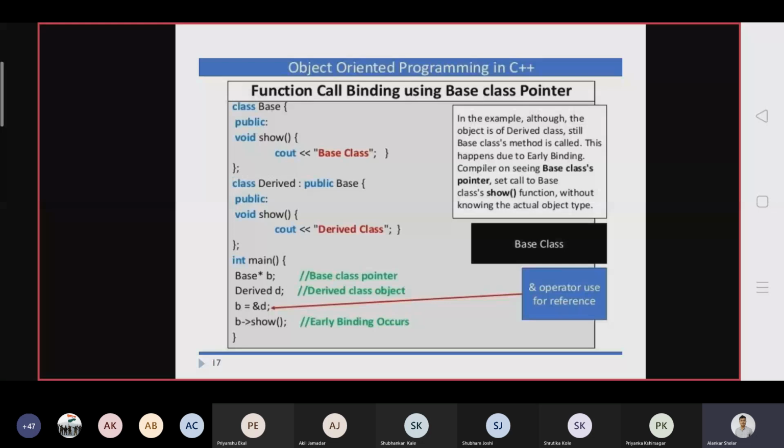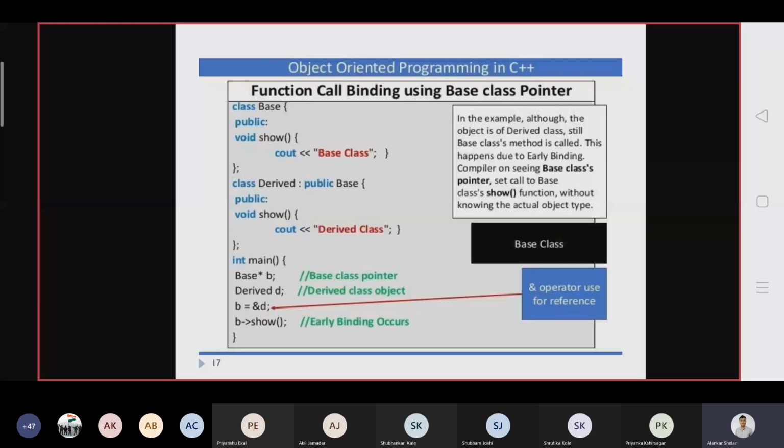Suppose you want to call the show from the derived class. In that case, in this scenario, you have to use the virtual function. So here you have to use virtual. Where do we have to use virtual? In the base class. Whatever show function is available in the base class, you write the virtual keyword in front of the function.